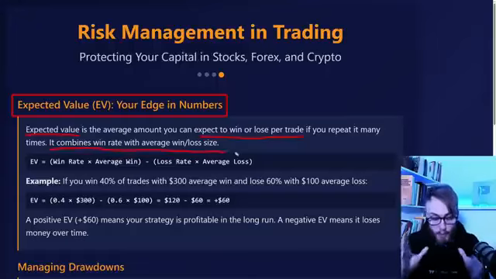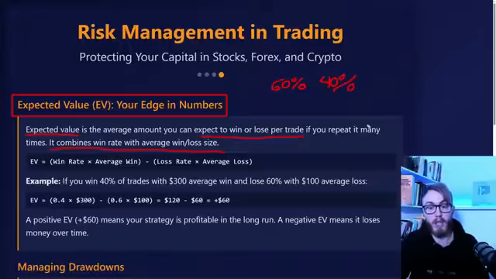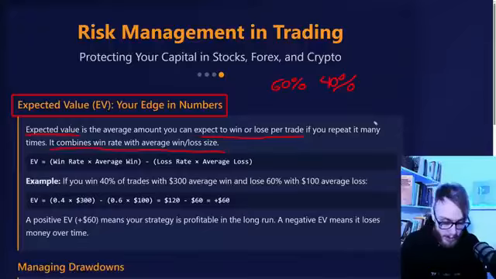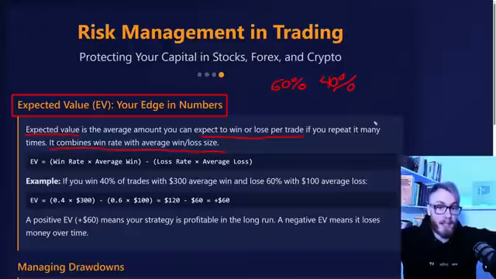So when it comes to trading, just as a simple example, let's say that we have a 60% win rate. This means that we also have 40% to lose. And if you have a trading opportunity with a 60% win rate, and let's say that you risk 100 and you can win 100, then this is a trade you should always take, because if you take many of these trades,